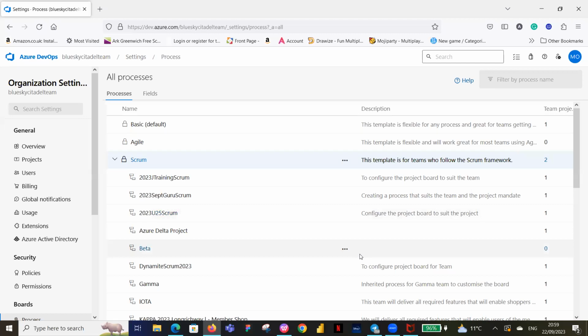Like I explained earlier on, you would do that depending on what suits your team. Your team might be working on a particular project where they need to do some configuration on their board. They need to add some things, and it's unique or specific to your project, and you don't want to affect every other project that is doing the same thing. So whatever you want to configure, if you do it on the Scrum, the system one,